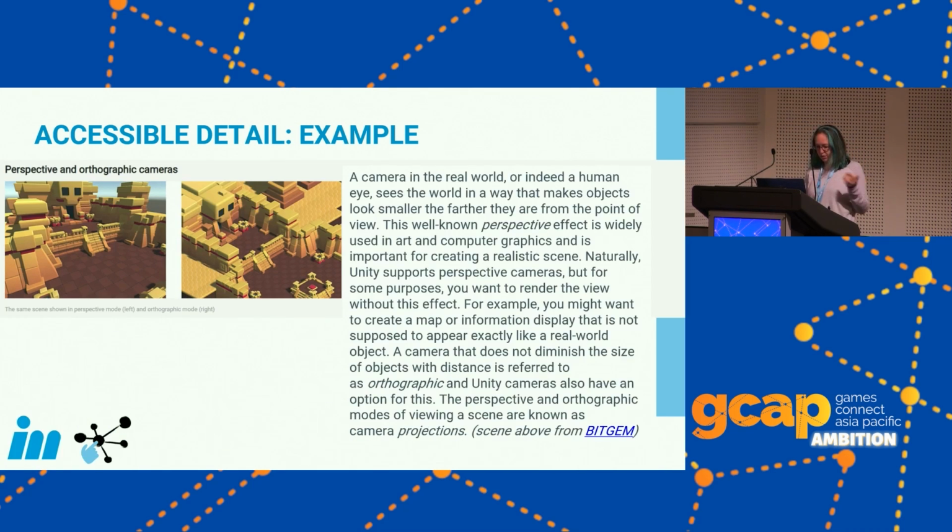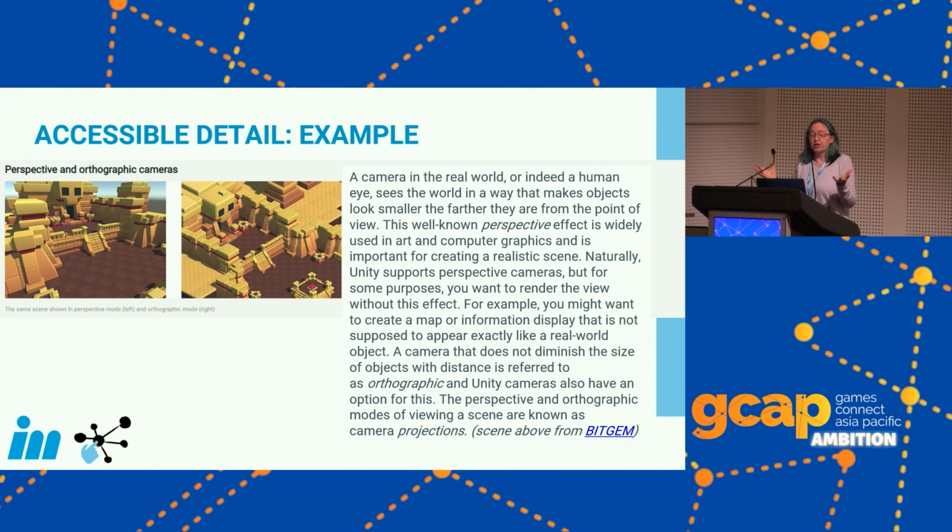You wouldn't have seen that, but that's all the way at the end. Seriously, that's the most important thing. What are those things? What is orthographic and perspective? They're camera projections in Unity. And now we're going to explain what they both are. So it's really that chunking.